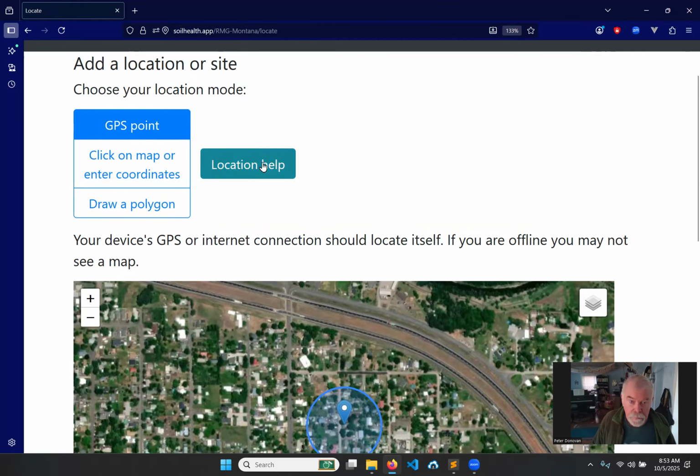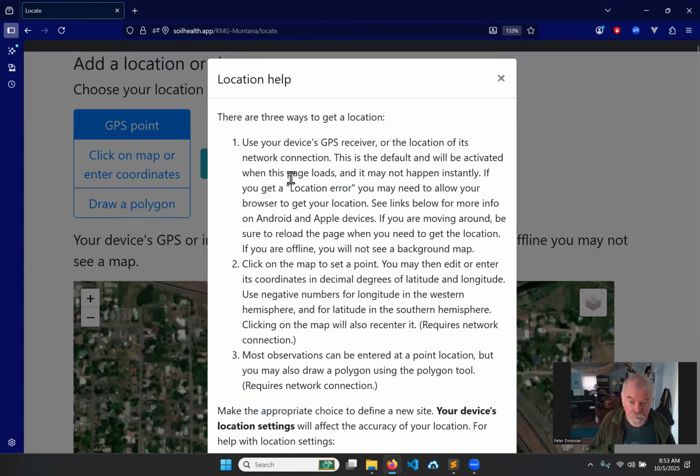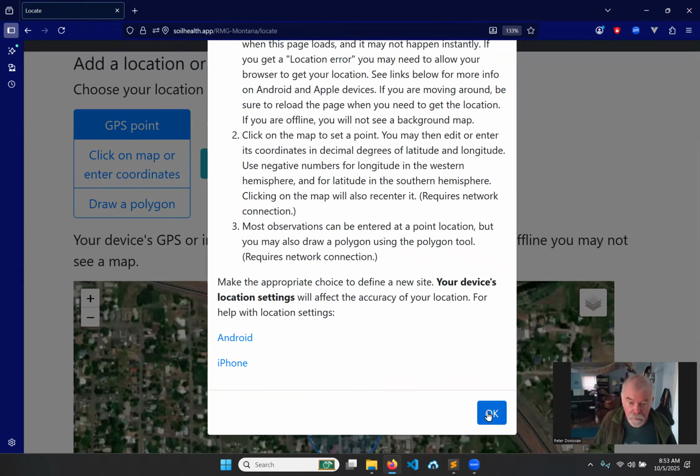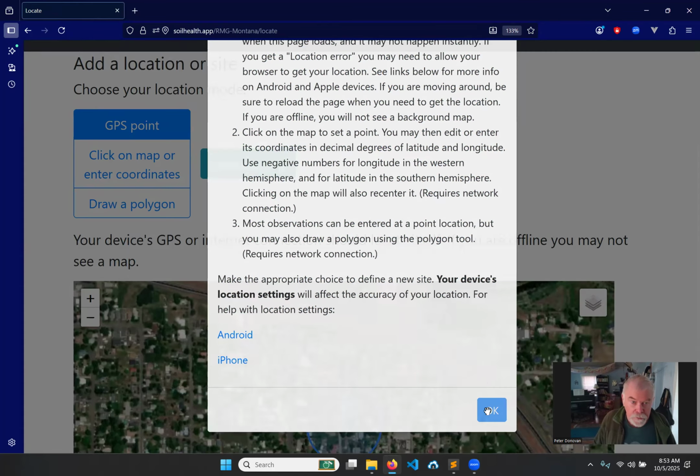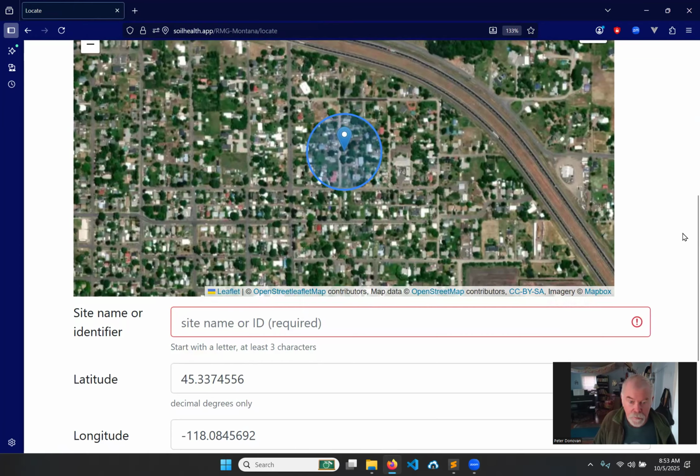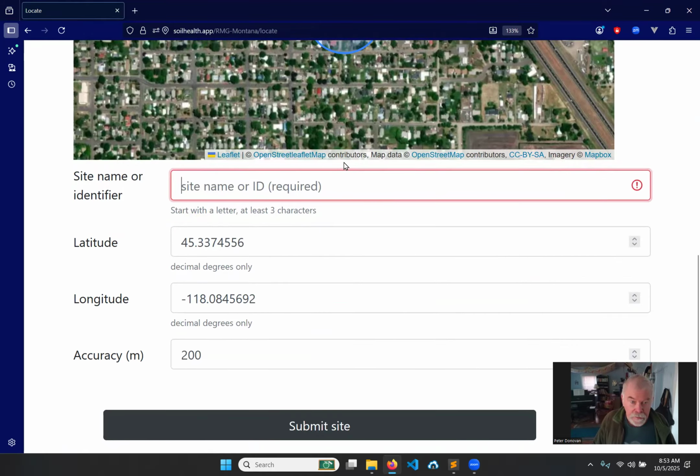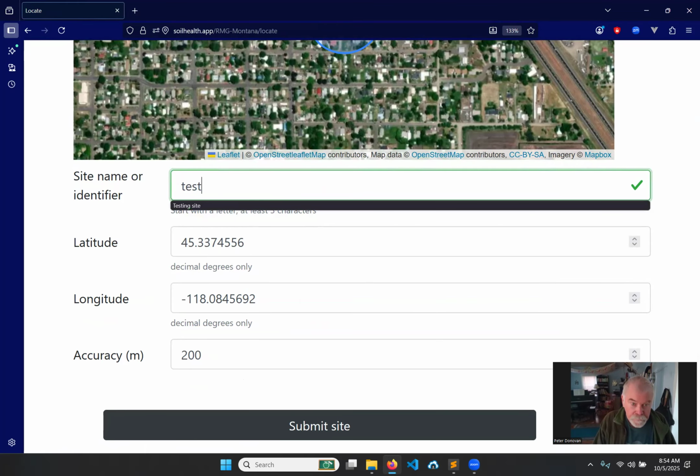And there's some help in location. If you click on this button, it'll give you some advice on troubleshooting location problems. But I'll stick with this, and I'm going to add a site, and I have to add a site name. So I'll call it test site. My accuracy isn't very good because it's using my internet to locate me. So I'll submit site,